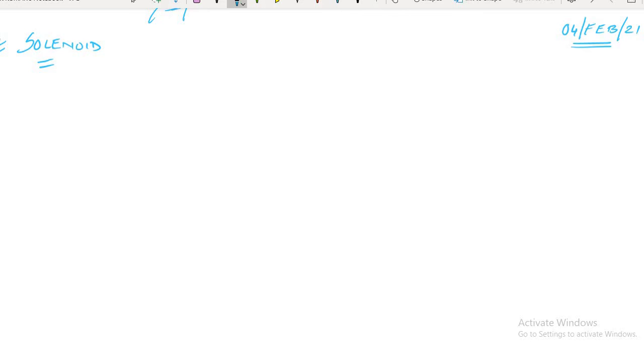Okay, everyone ready? Any problem? So we are revising which chapter? Magnetic effects of electric current, yes, very good. In that we are revising solenoid.